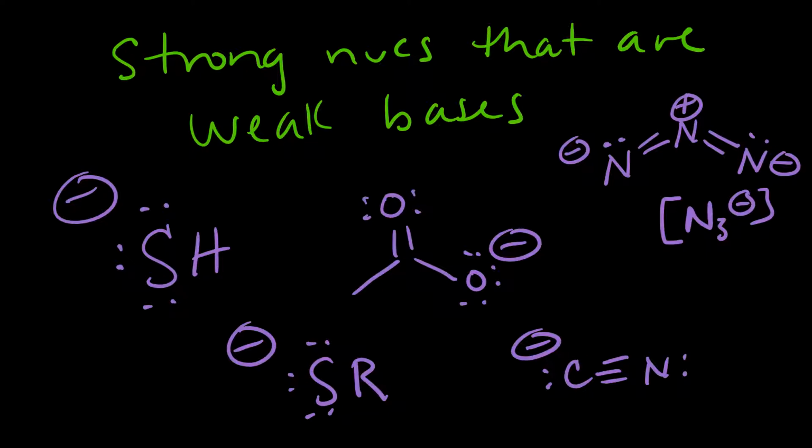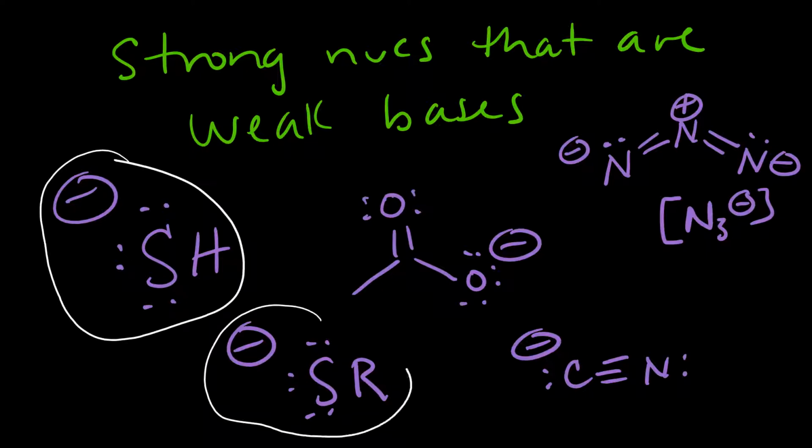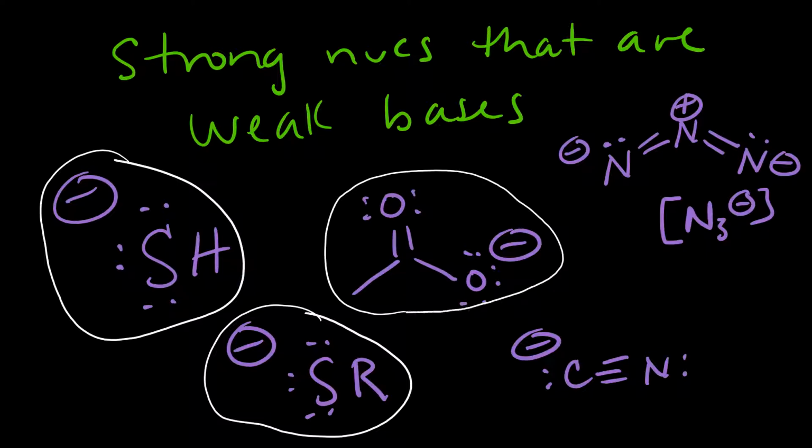And we also have some species that might be weak bases but can act as strong nucleophiles because they have a lot of electron density. So for example, sulfur anions like SH- or SR- are very strong nucleophiles, but weak bases. The same thing with something like an acetate ion,